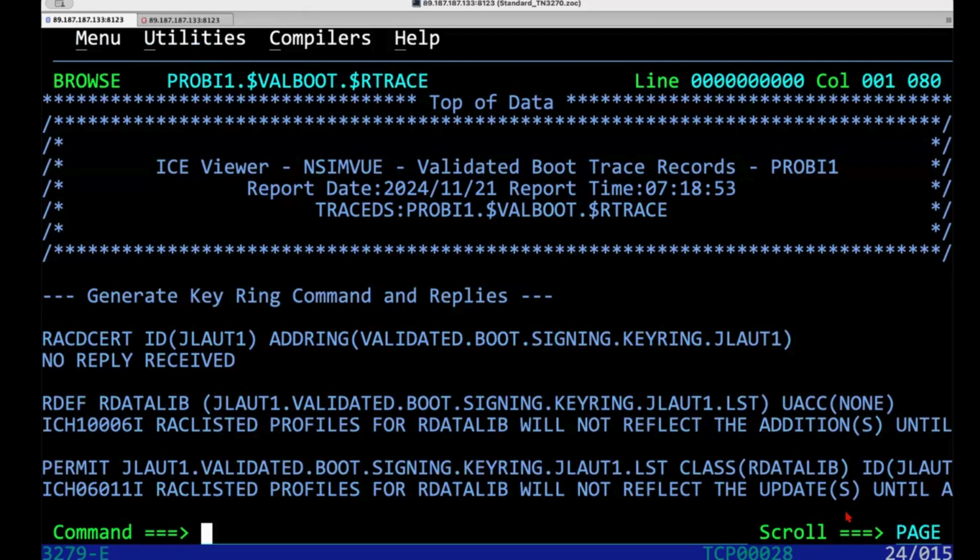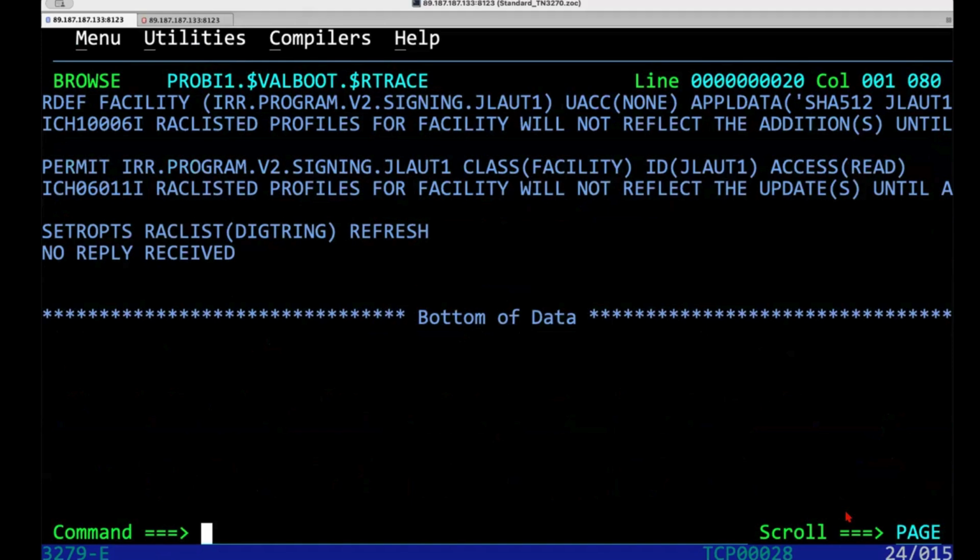Again, trace is turned on. And we can see all the steps and the messages that were issued by RACF telling us, for example, okay, we did it, but it's not going to be reflected until we actually issue a refresh. And we did the refresh. And again, on my UNIX system, no reply was received. When I hit PF3 to get out,